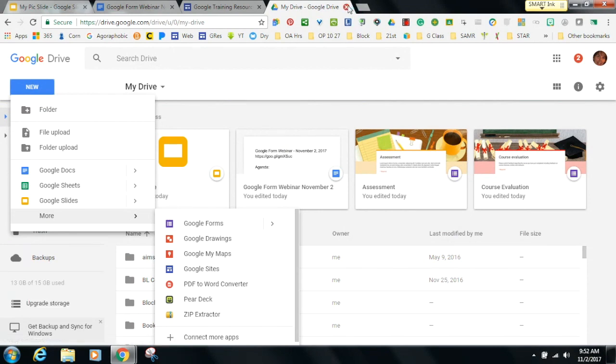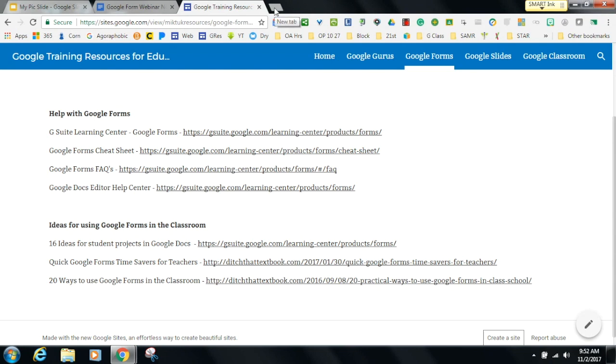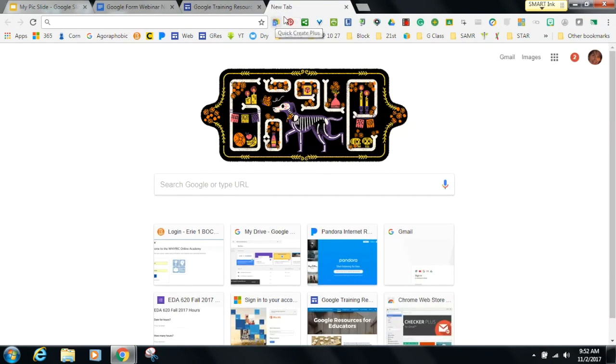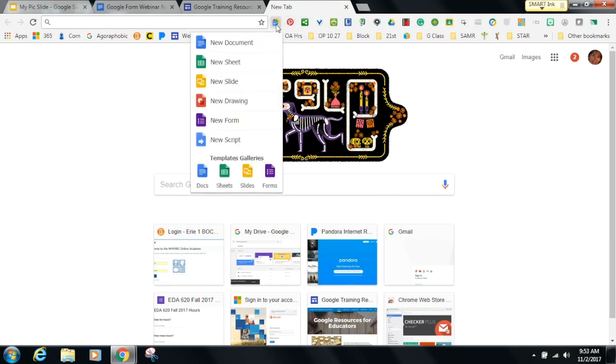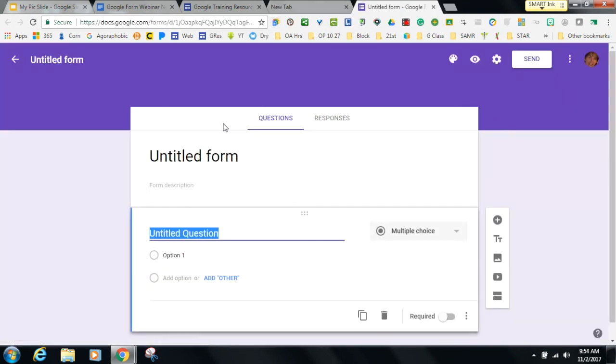Another thing that you can do, let me close that, and I'm going to open a new tab. What I have here are my Google Chrome extensions. I have one called Quick Create Plus. I can click on that and I can easily start a new form, including going to a templates gallery for forms. Okay, so now that you have opened up a new form, whether you went into your Google Drive or you have some kind of extension, it doesn't matter how you get there. You just start with this blank